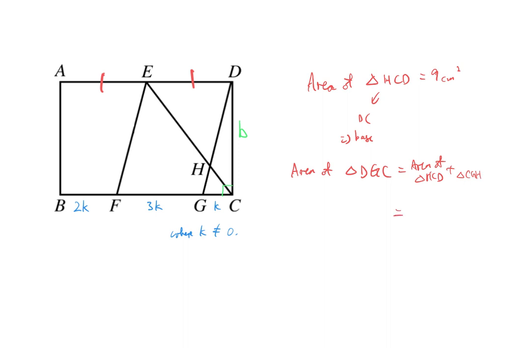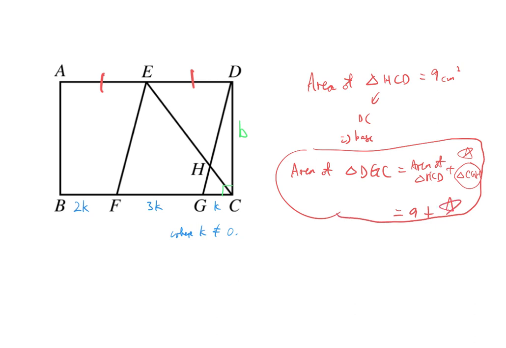Okay, so we find that the area of triangle HCD is given, it is 9. And also the area of triangle CGH is what we need to solve for question A. Okay, this is what we need, so it seems useful. This is the first part, maybe we'll use. And then secondly, we also know that